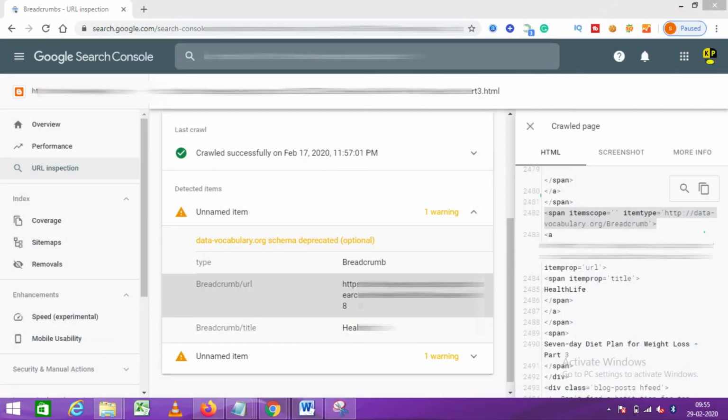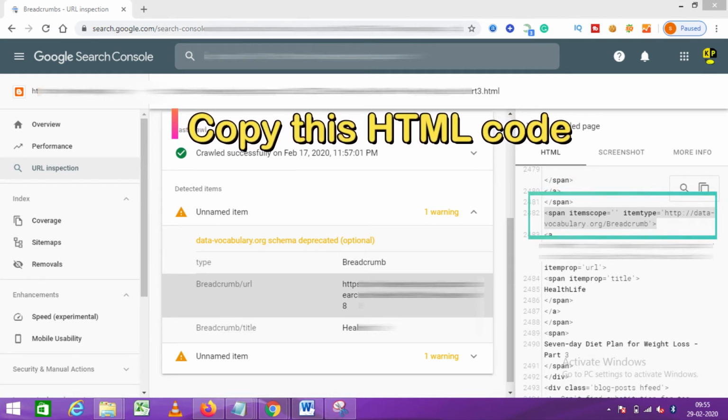Now copy this span itemscope itemtype http://datavocabulary.org breadcrumb HTML code section from your breadcrumb error page of Google Search Console.